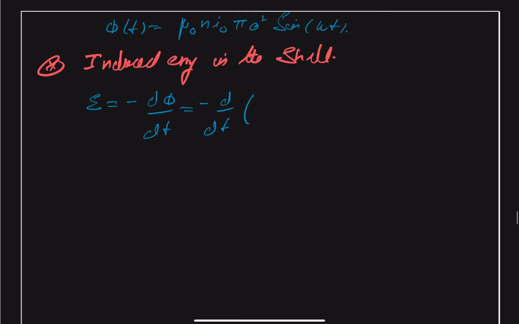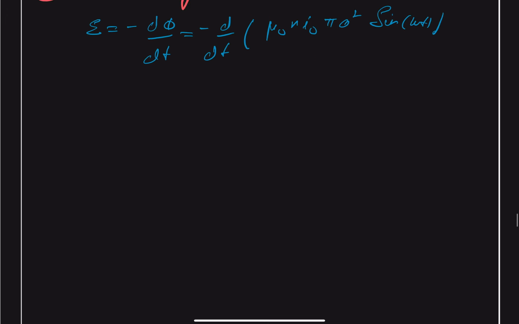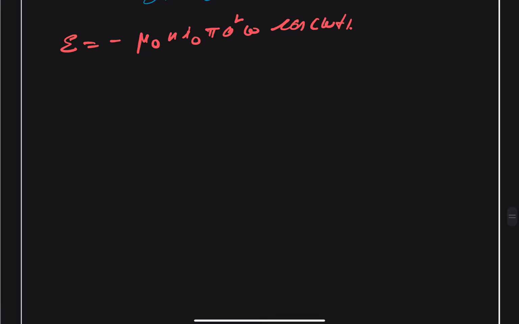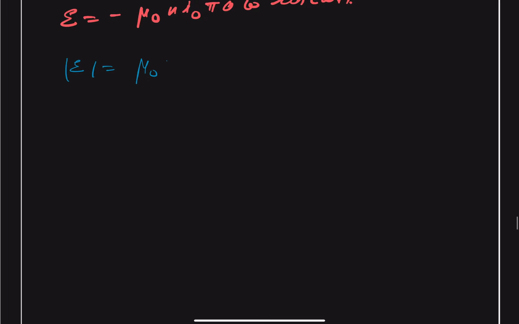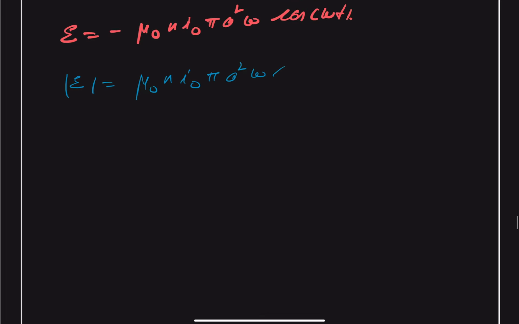Phi we already know is mu naught n I naught pi a square sine of omega t. So we get this EMF will be equal to minus mu naught n I naught pi a square omega cos of omega t, and we can easily find out its magnitude. So its magnitude will be equal to mu naught n I naught pi a square omega cos of omega t,